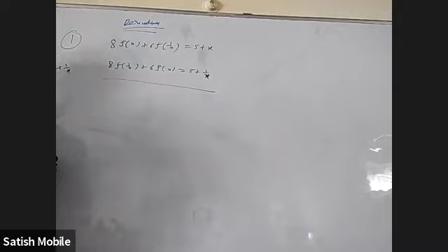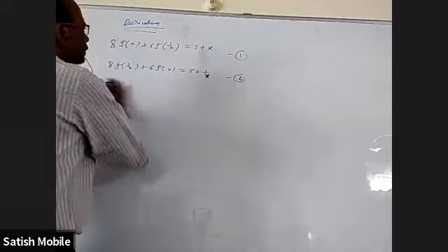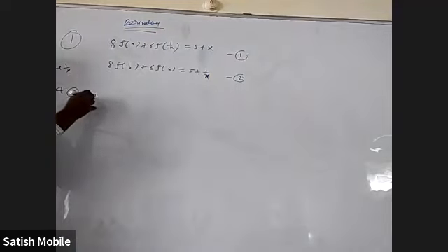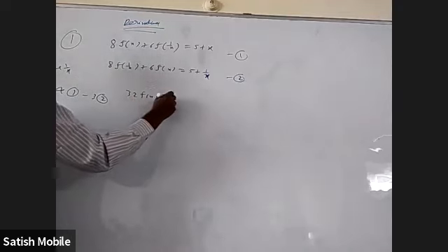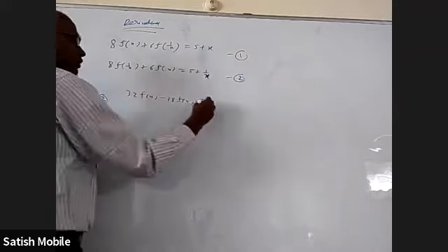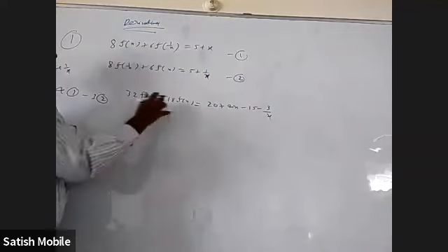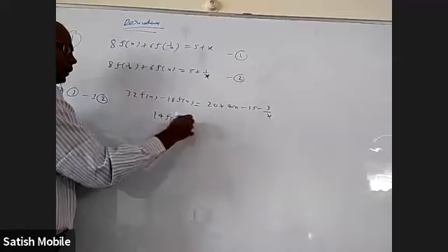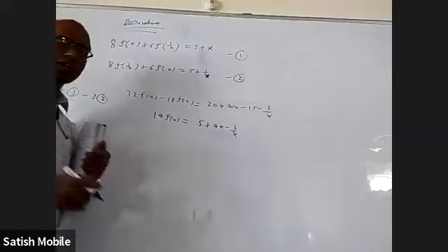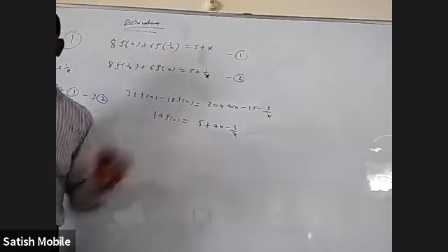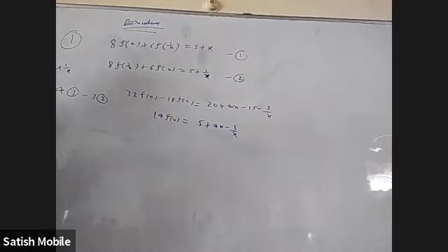Now when I subtract in such a way that f of 1 by x will cancel, I'll get f of x. If this is equation 1 and equation 2, 24 means 4 times equation 1 minus 3 times equation 2. This is 24, 24 cancel. 32 f of x minus 18 f of x is equal to, when multiplied with 4, 20 plus 4x minus 15 minus 3 by x. This is 14 f of x is equal to 5 plus 4x minus 3 by x. So the function is (5 plus 4x minus 3 by x) by 14. We are able to find it easily by replacing x with 1 by x and eliminating f of 1 by x, and we got f of x.